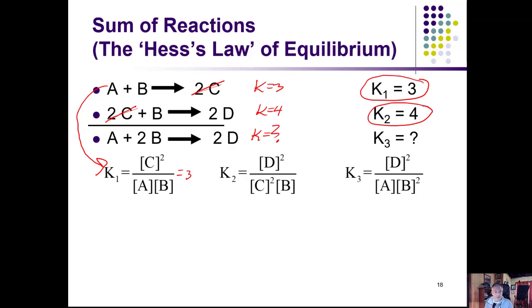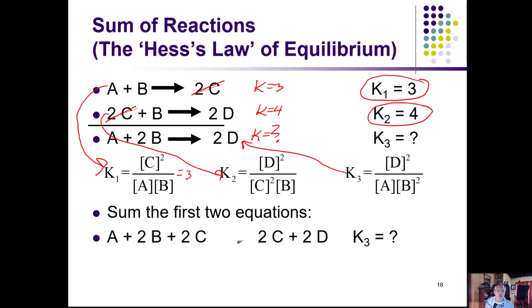K2, that's the equilibrium constant for that reaction. And so we've got D squared divided by C squared times B. And then for the third reaction, that's going to be this one right here. So we have D squared divided by A times B squared. Okay, so now that we've got all that, let's take a look at what happens mathematically when we do